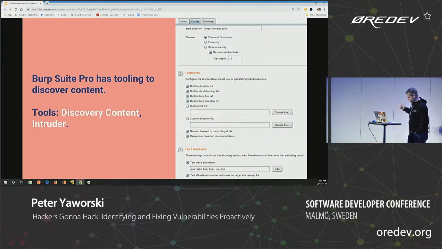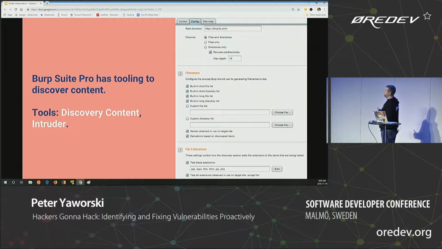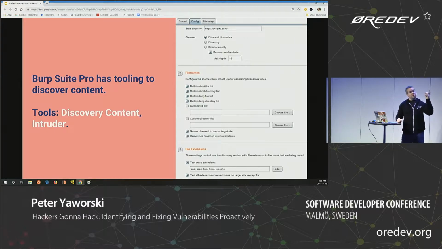Intruder is the other reference to that from Burp Suite. So Intruder is a tool that will just hammer home a test for you. So if I have a record ID and I want to test all the record IDs from like 0 to 1,000, I can give it to Intruder and then just give it this iterator. But it also allows you to take a request like to Shopify.com, set a payload at the end of Shopify.com. So I say I want to add something to that